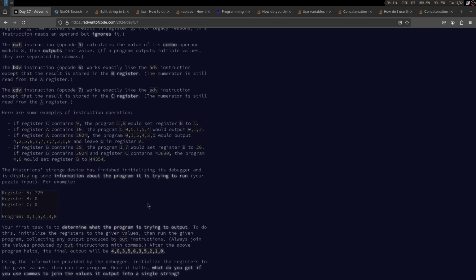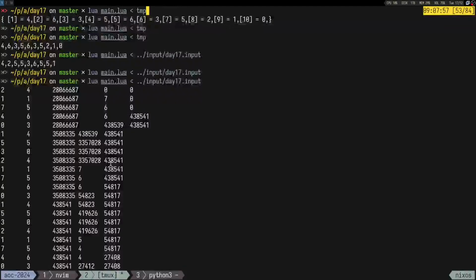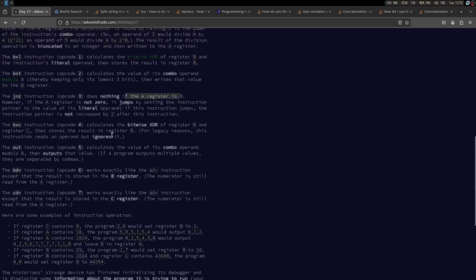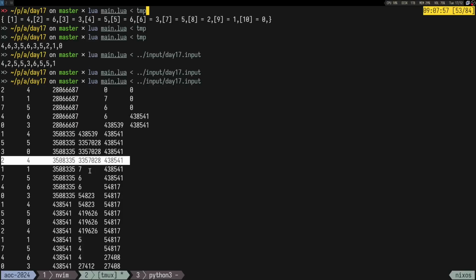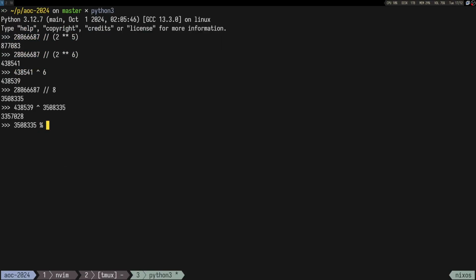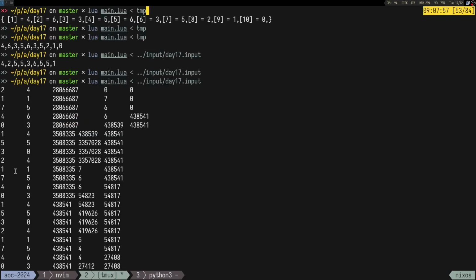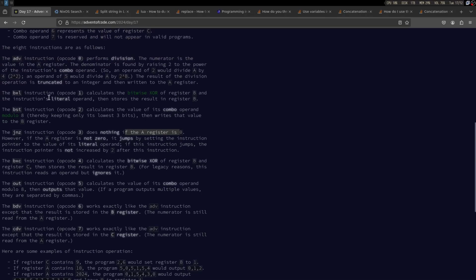So if register C... Okay, whatever, okay, 2 4. I think we already looked at 2 4. 2 4 calculates the value of the combo operand modulo 8 and writes it to B. So it takes this thing, it does modulo 8, returns 7, and it stores it into B, and then it's 1 1, which was XOR between,